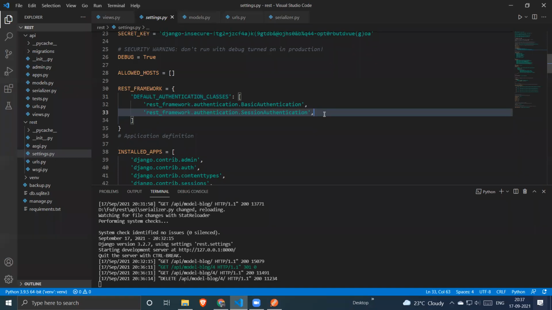Which is authenticate and login. Remember, Django uses predefined authenticate and login functions to make an authentication request for the user. So it will create a session for the user which has the username and password. If it is valid, then it will create a session for that particular user.